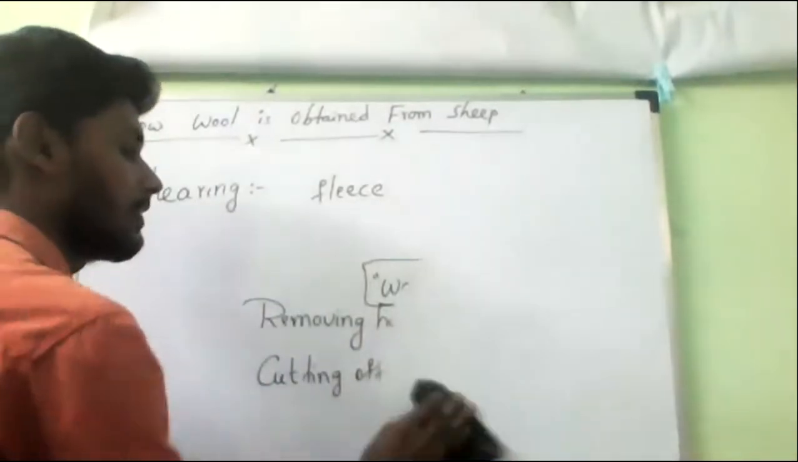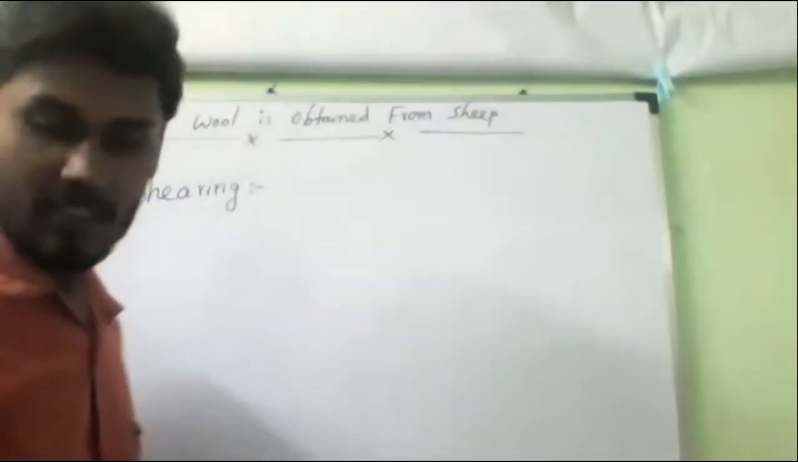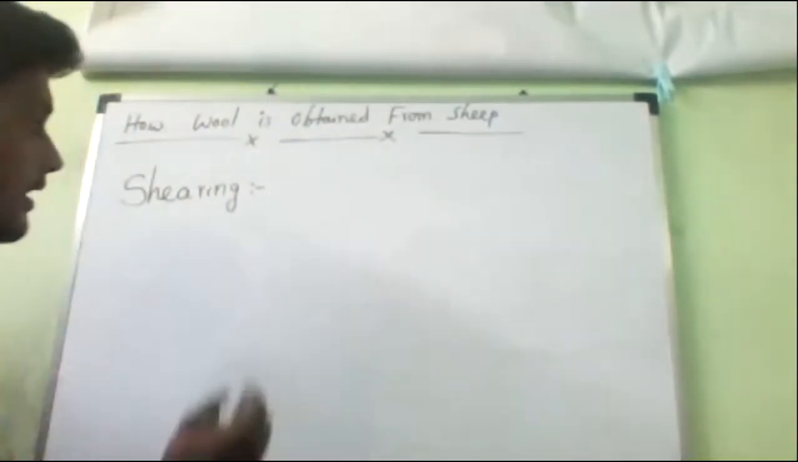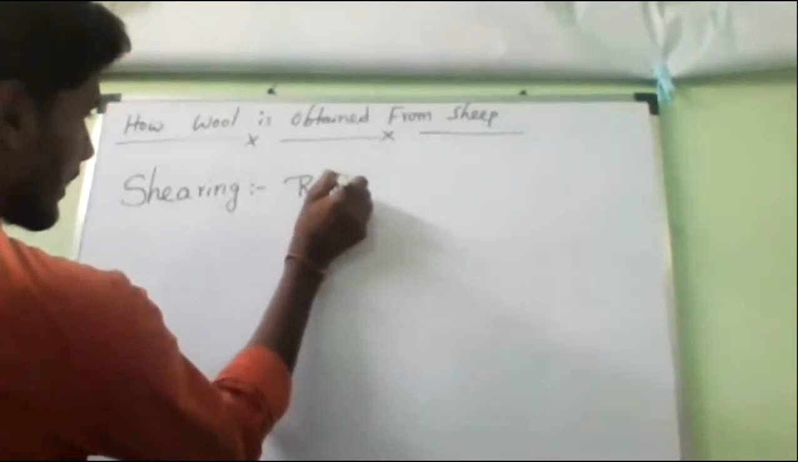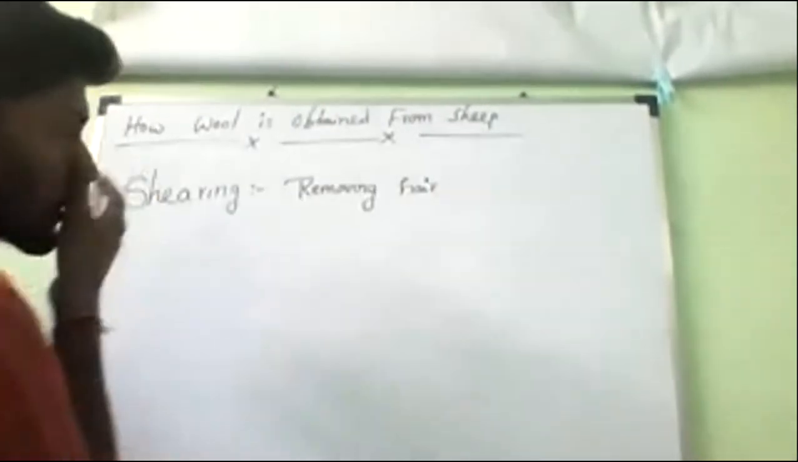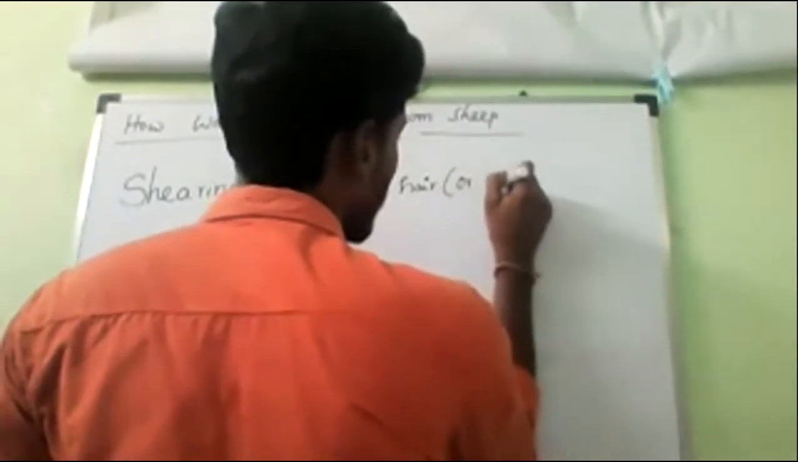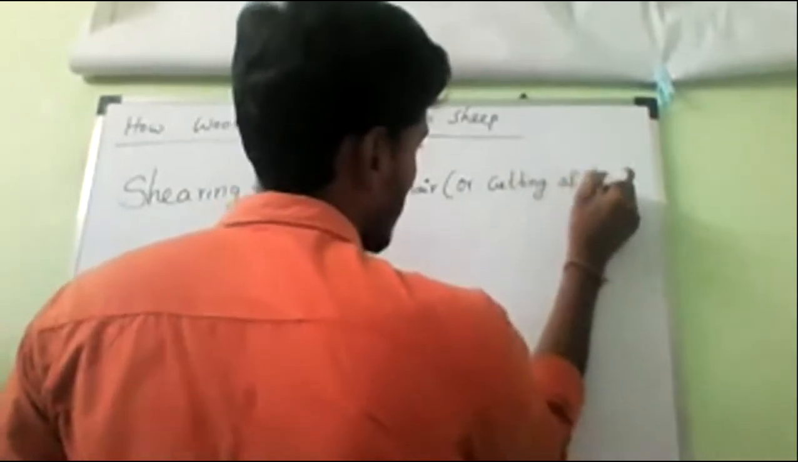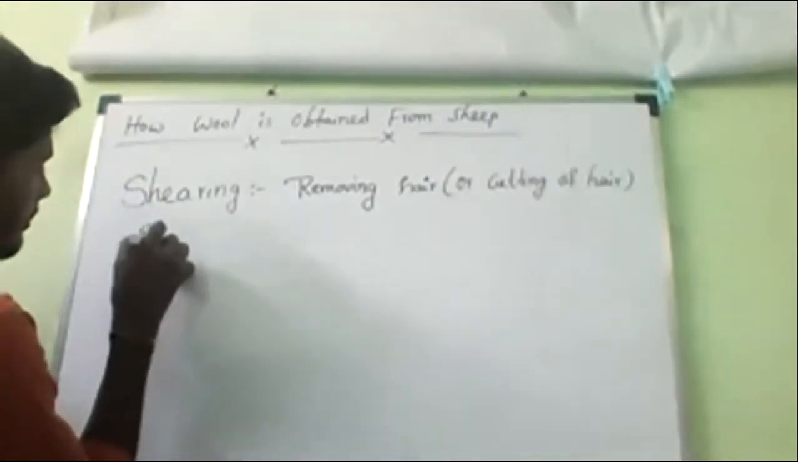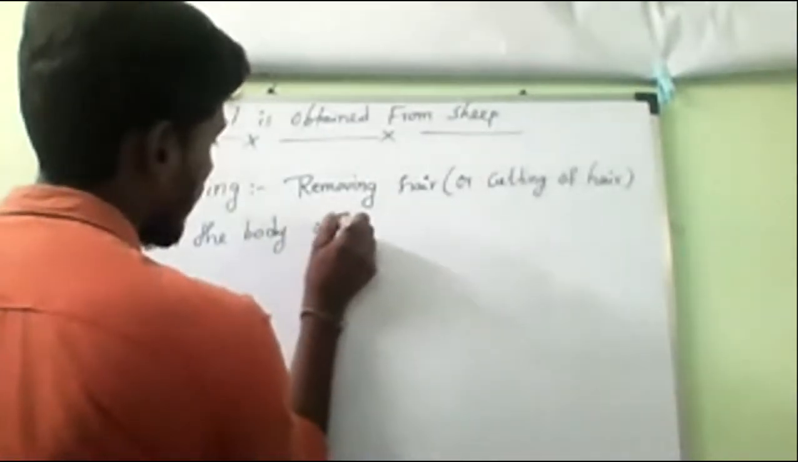What is the second step? Write it down. The process of removing hair, or cutting off hair, from the body of a sheep